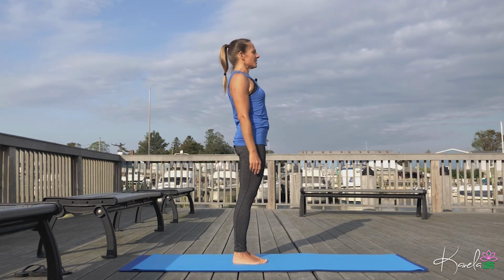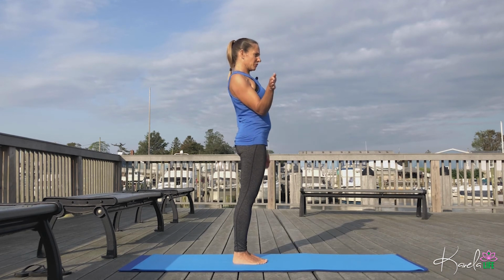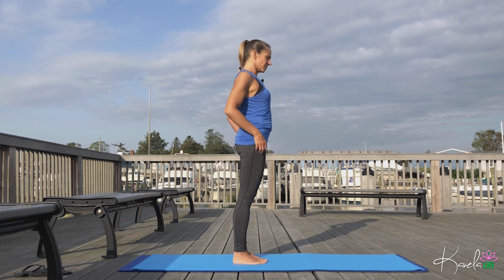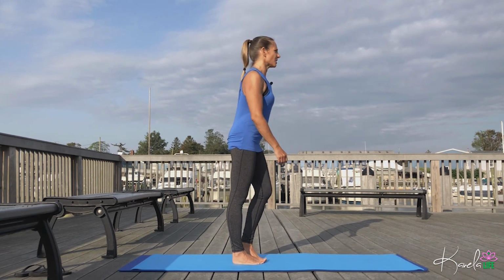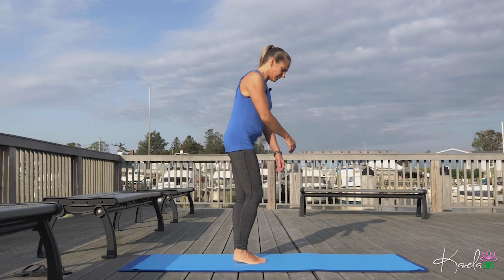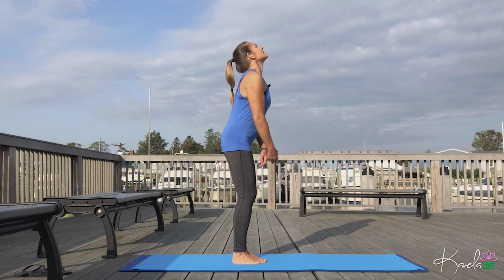Nice, very nice. Nice, Kathy. Just have to bring the knee in eventually. But everybody looks great. This is challenging. I haven't done this pose in months, so I'm shaky too. So good job. Let's just inhale